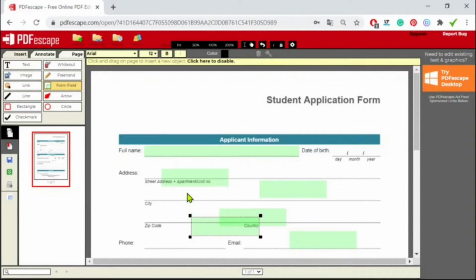This might get in the way sometimes, especially if you are using PDF Escape for the first time. Believe me, it will make you waste your time because you will have to delete unnecessary boxes. I'll just undo these for now. But let me show you how to stop this from happening.